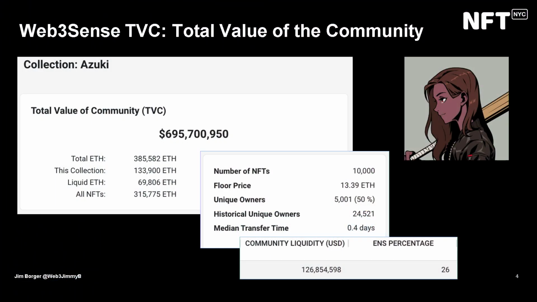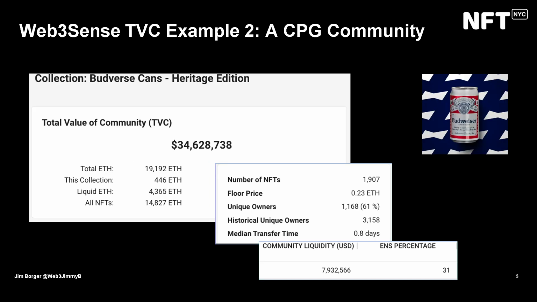A couple other things on this slide before I move on. One would be the liquidity present in this community or in this collection. So you see here it's about 127 million US. That's actually upwards of 180 million today. All right, also a big number. It also means there's just tons of money within this collection's holders that they can spend on other tokens or tokens that Azuki might do in collaboration with other brands. And then finally, ENS percentage, that's the percentage of Azuki token holders that have an ENS, a .ETH, okay? And that's 26%. I'll get into why that's an important metric later.